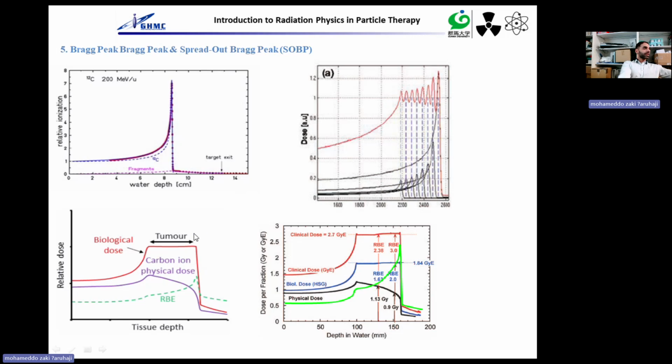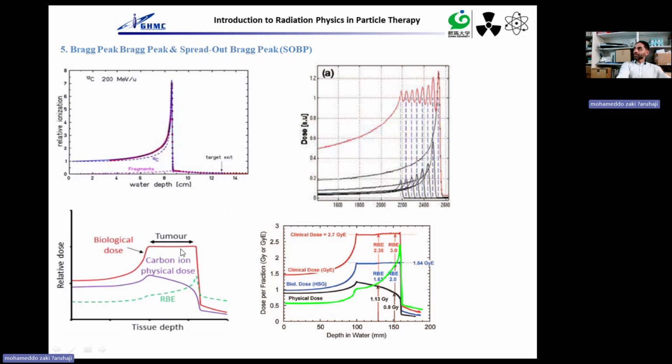Okay, but first let me say to Dr. Lewis, I think I asked you this question before. I forgot the question. Yeah, the answer. But it's okay, we can remember. Okay. So, why does the physical dose drop inside the tissue? Yeah, and increase a little and decrease. Now the increase a little here, it's because this is not